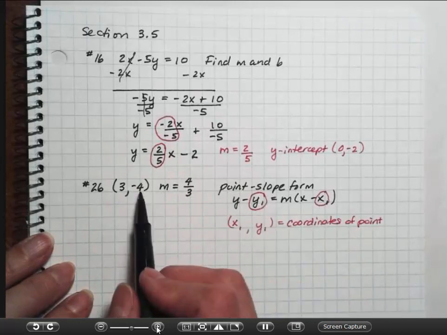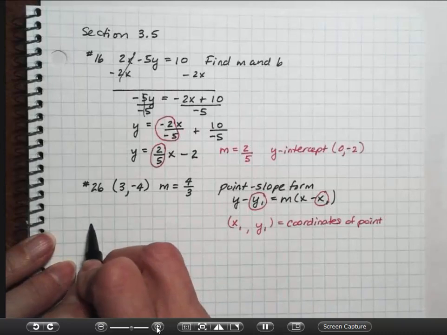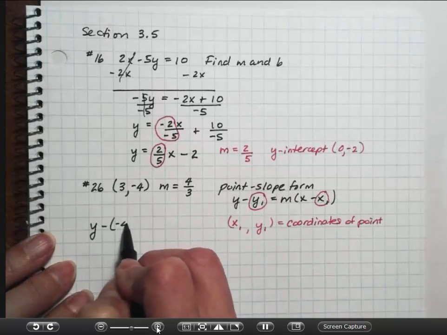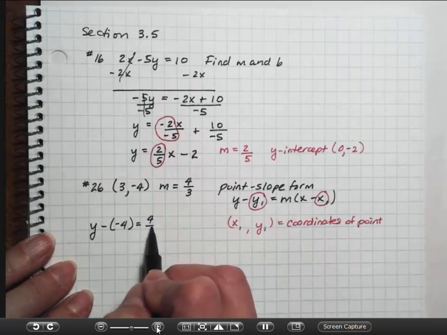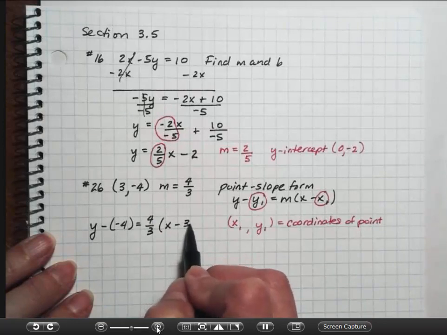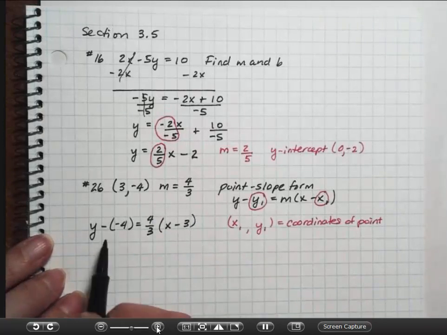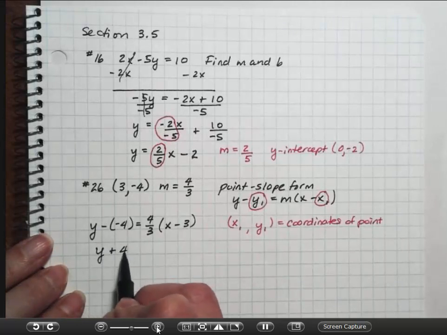I'm going to put in negative 4 where I have y sub 1. So I'm going to have y minus a negative 4 equals m, which is my 4/3, times x minus 3, my x coordinate. The double negative on the left side becomes a positive, so it's y plus 4 equals,